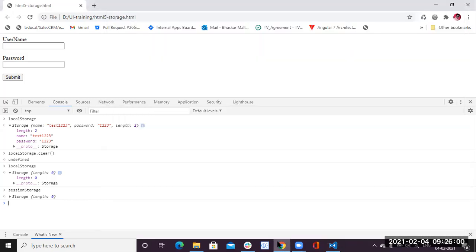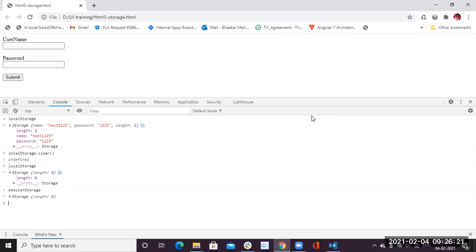So up to today, I have covered almost all HTML5 topics. What are the topics we have covered in HTML so far? First, we started with the tags. What are the available HTML tags?